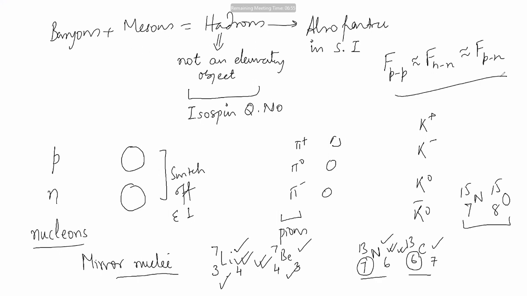Therefore, a strong interaction does not see a proton or a neutron. It does not see a pi plus, pi 0 or pi minus. It does not see a rho plus, rho 0 or rho minus. It does not see a delta plus plus, delta 0 or delta minus. What it sees is only a delta. This delta can be a delta plus, delta minus, or delta plus plus, whatever it can be. Therefore, people then introduced the isotopic spin quantum number.